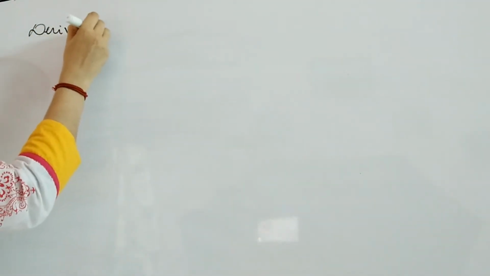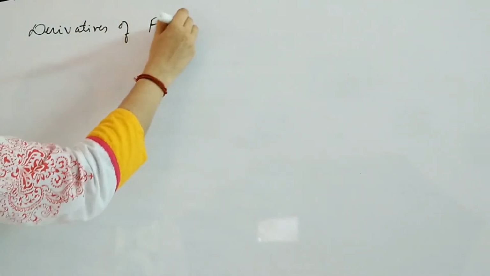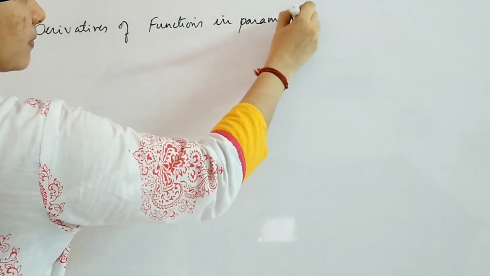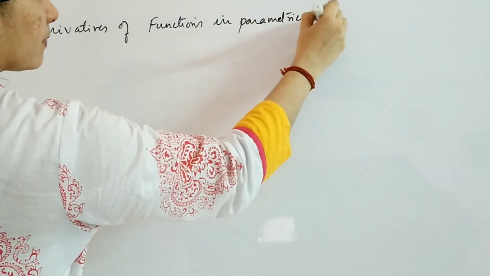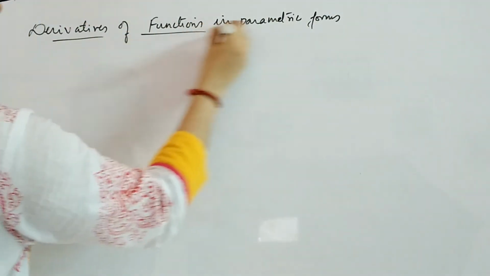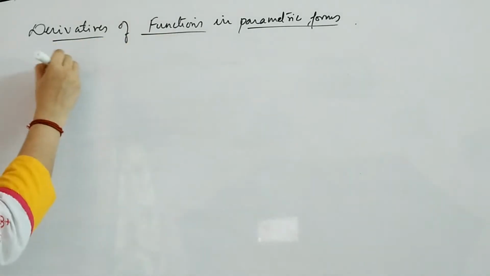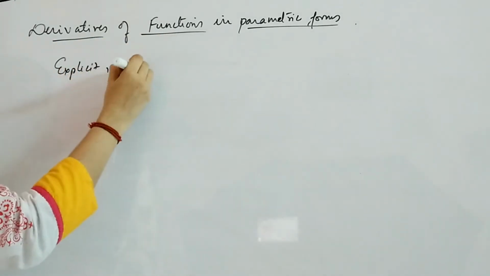The topic is derivatives of functions in parametric forms. Derivatives of functions in parametric forms. So what is the meaning of this? Normally you have done the explicit method and the implicit method,